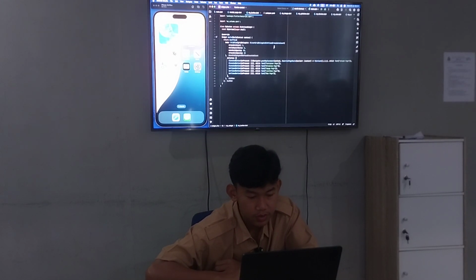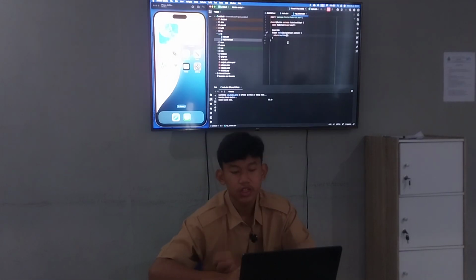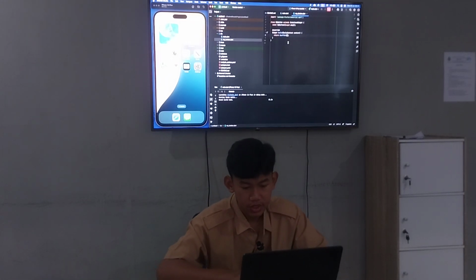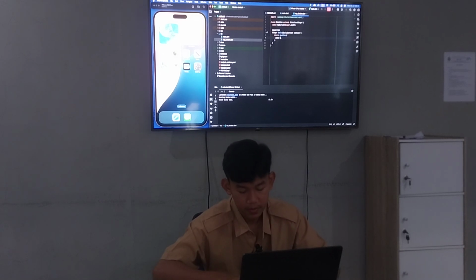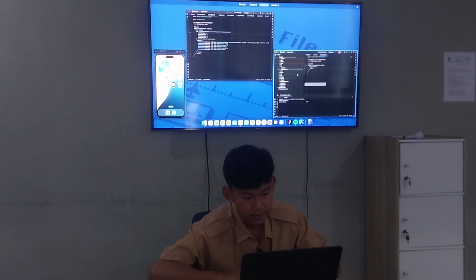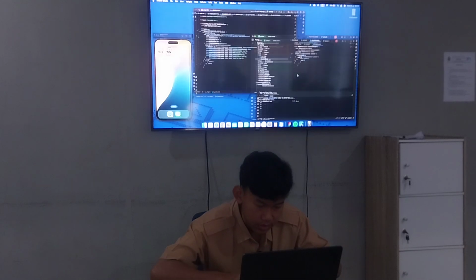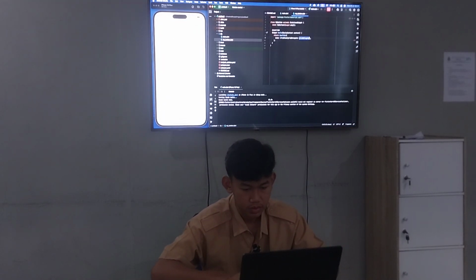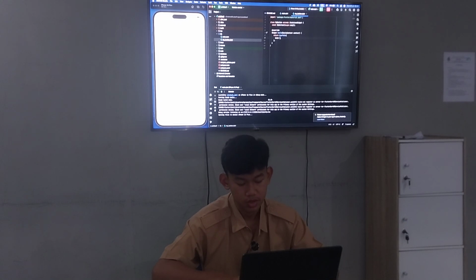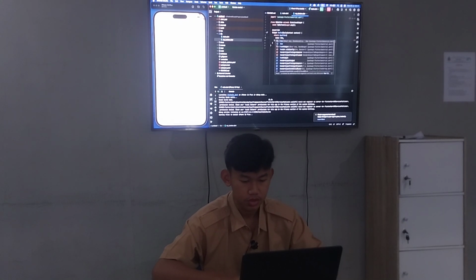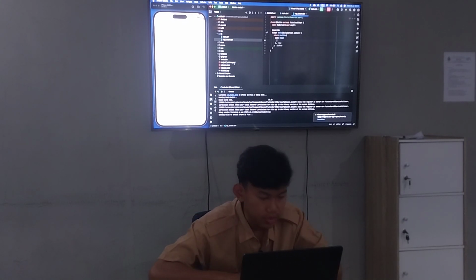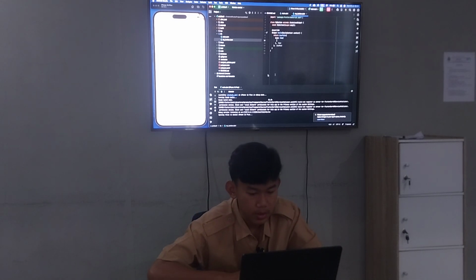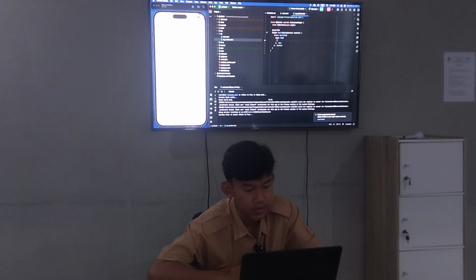The first one, we can type body code into scaffold like this, body, and then type a grid view. No, just row. It's row. Okay, the emulator is already done, and you can see here there is our emulator.